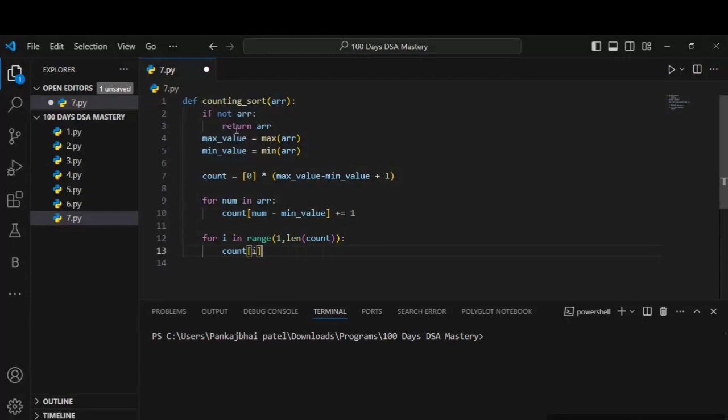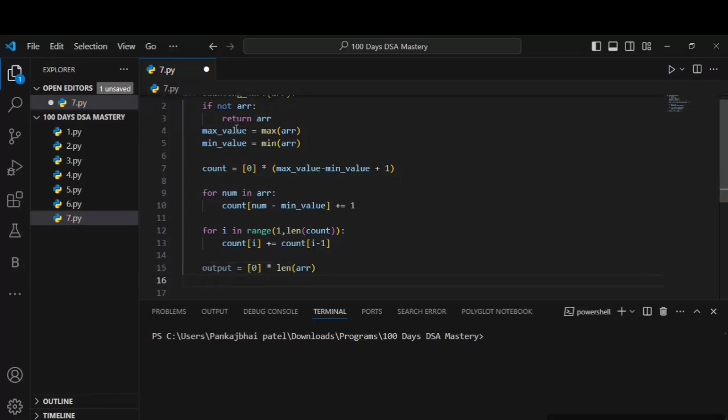So to accumulate the count, all we do is for i in range, 1 is the starting point, and then we'll go to the length of the count. Then count of i plus equals count of i minus 1. Then build the output array. Okay, and length of the array. And basically what we'll do is just